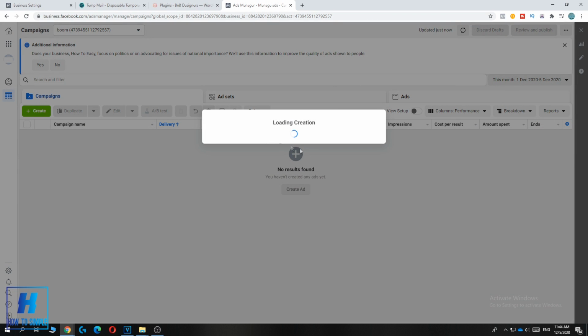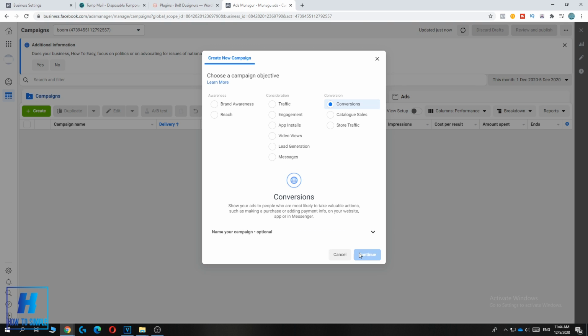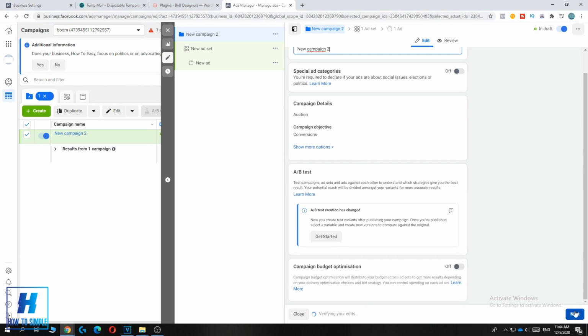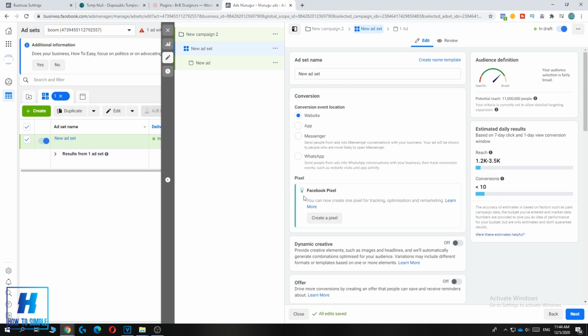So you have to hit create by creating a new campaign and then select conversions, and now you want to hit continue. As you can see here, you can change the campaign name. So I select new campaign 2, then go down till you see next over here. And now over here under conversions, you can see pixel, and here you can create the Facebook pixel and connect